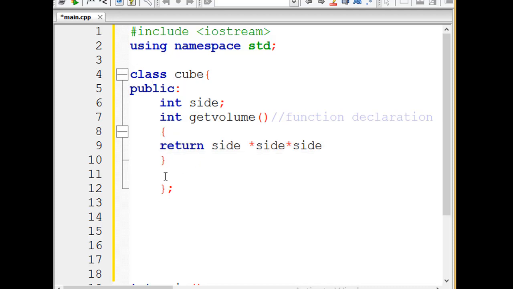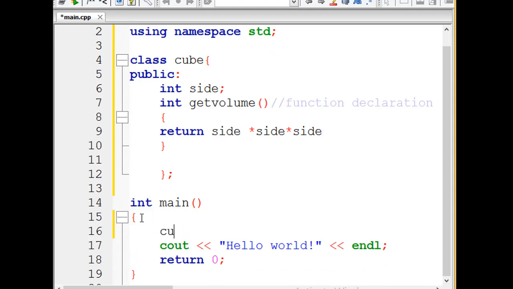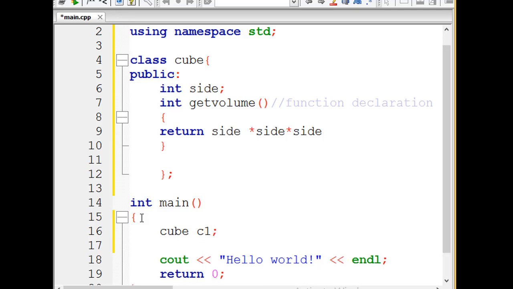So here we simply create the object of the class, like cube C1. This is the object, and we pass the value as we have done earlier.